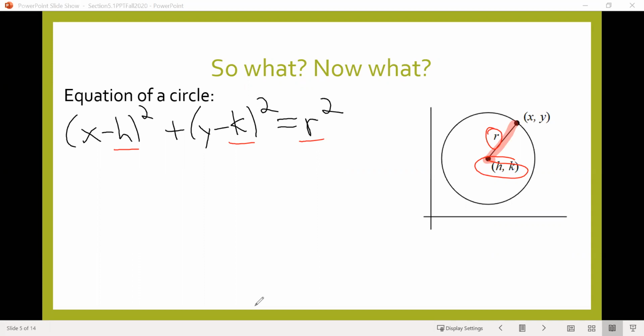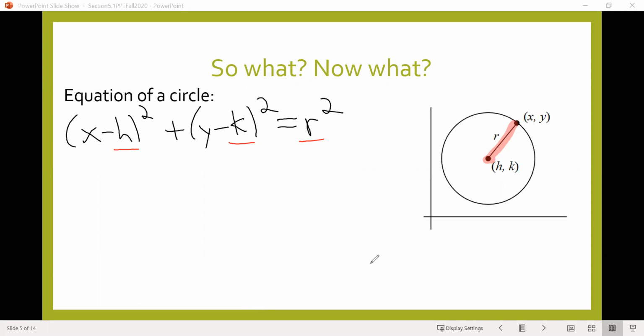Now it turns out that the general equation for a circle comes from the distance formula, and I'm not going to go all the way through that. But you could probably notice from the diagram that if I were to find the distance between the center of the circle, (h, k), and any point on the outside of the circle, which we'll call (x, y) there,